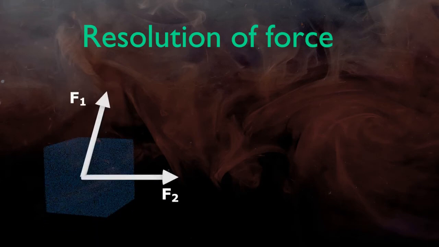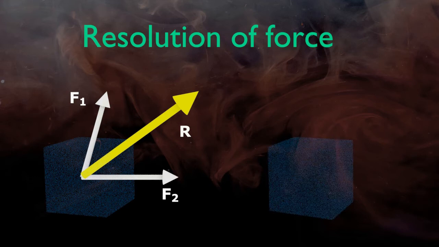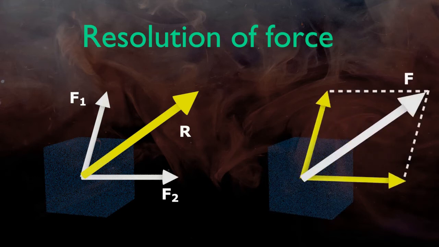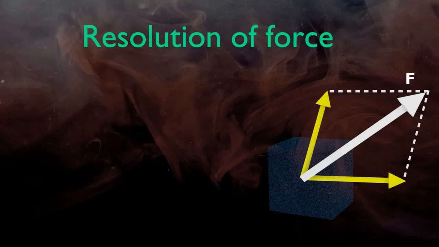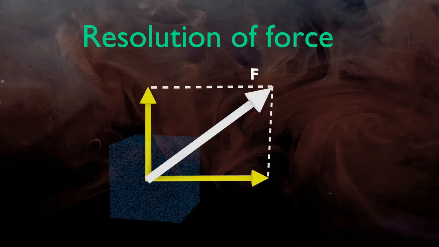We discussed how to find one single resultant force of several forces acting on a body. But let's think of a reverse situation where we want to find out two or more forces which together have the same effect on a body as one single force. These forces are called components and the method is called resolving force into components. Generally, we resolve force into rectangular components so that they are perpendicular to each other.